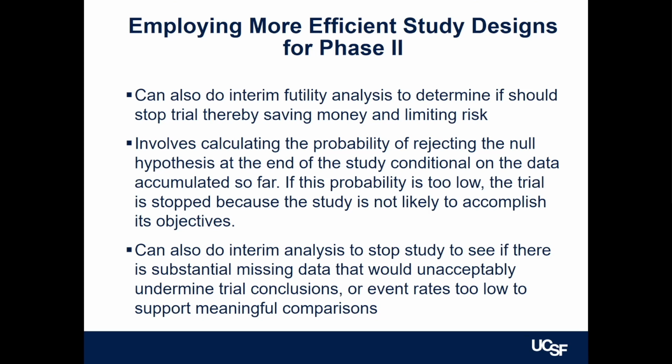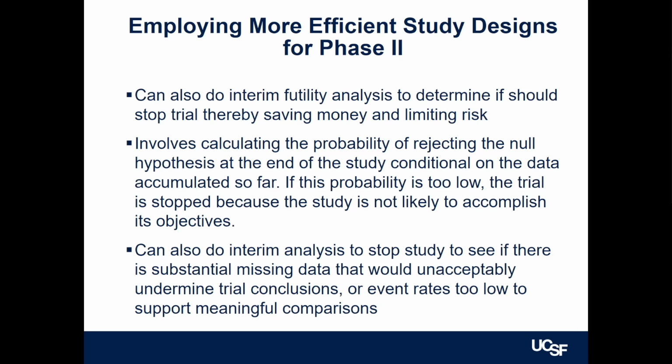And what does that mean, that the probability of rejecting the null hypothesis at the end of the study is so low that you wouldn't proceed? Well, what you may sometimes find is that your placebo is doing better than your drug, and it's doing a lot better. If it's doing far enough better, you can be pretty confident the odds of it showing the reverse effect with adding the additional subjects is negligible, or let's say less than 5% or whatever, and you set some limit like that.